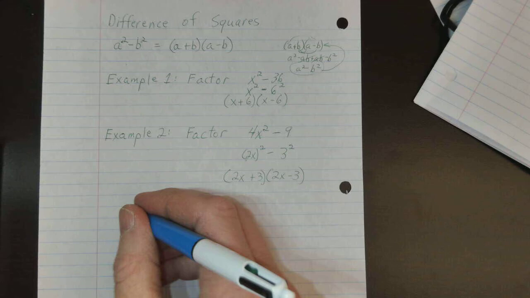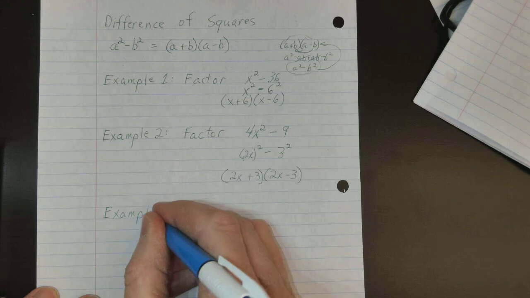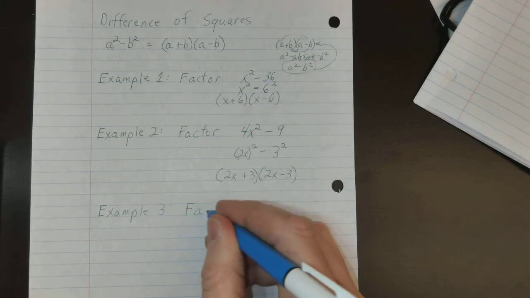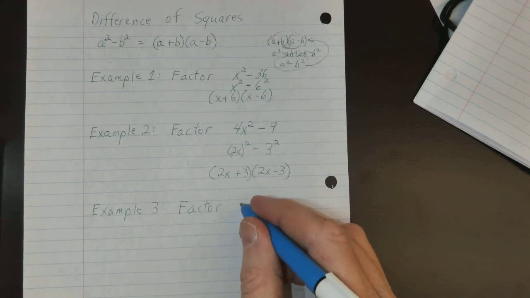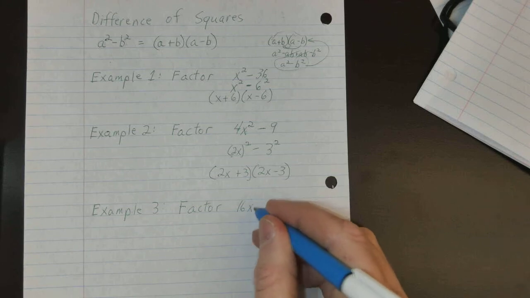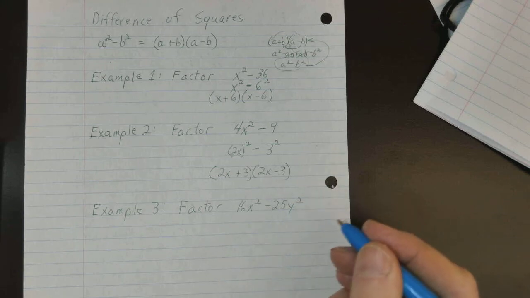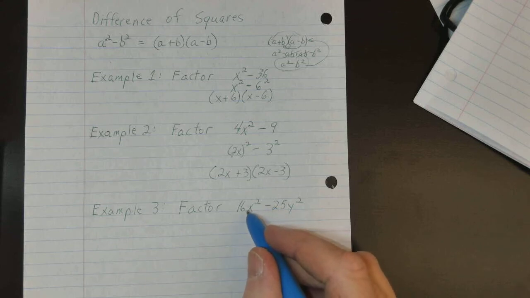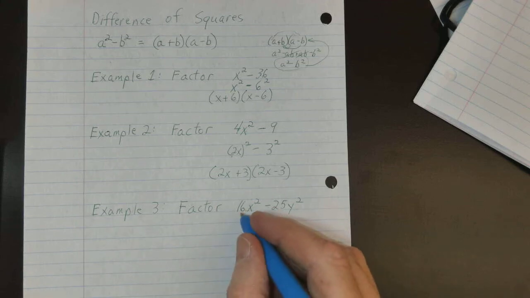All right, one more. Let's try one more. Example 3. I am going to factor 16x squared minus 25y squared. Now on this one, there's no GCF between 16 and 25, and this has x's and this has y's, but